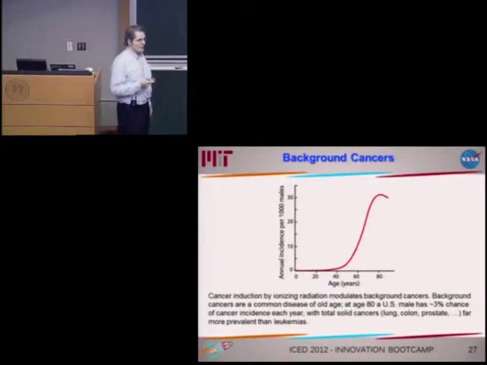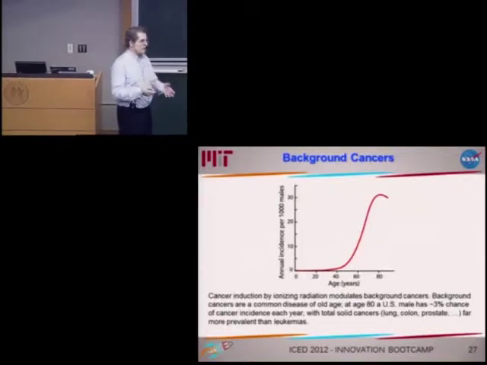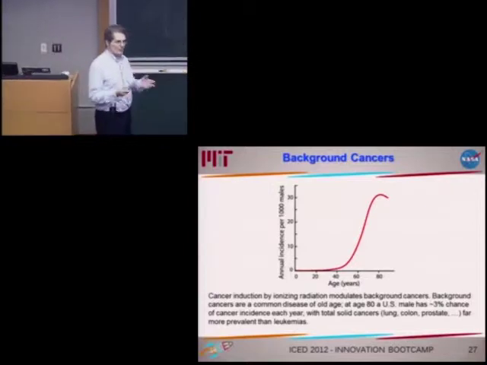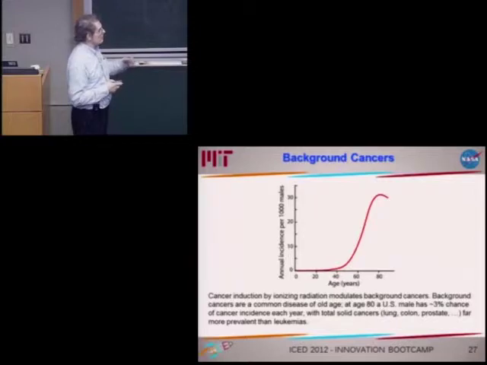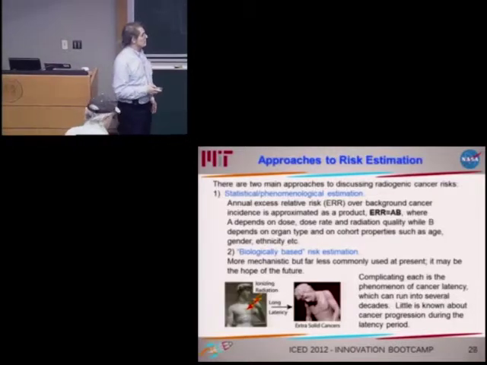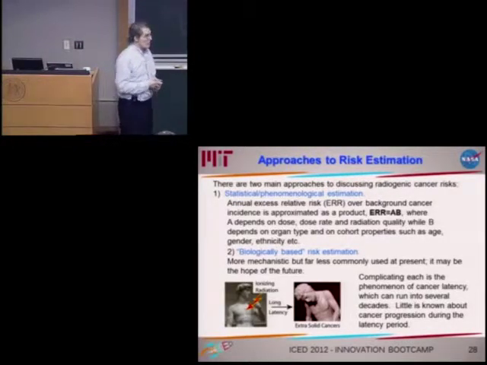A number of reasons have been offered for that, such as frailty effects, where if you're going to get cancers, you will have gotten them by a certain age, so what remains is a more robust population, and so on. There are a lot of explanations for the shape of this, but suffice it to say it does increase until about age 80, and then perhaps, but not conclusively, actually decreases beyond that. So the approaches to risk estimation are a couple.